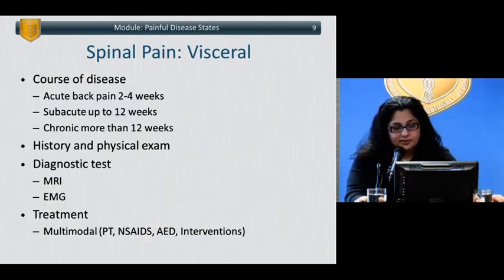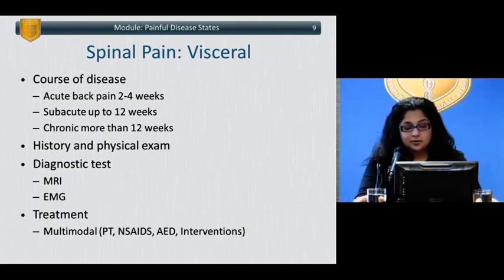We talked earlier about different types of visceral spinal pain, and again, when I refer to that, that means it could be radicular in nature. With low back pain, it's been classified into acute, subacute, or chronic based on timeline. Acute back pain can occur if it lasts anywhere from 2 to 4 weeks. When it lasts up to 12 weeks, it's considered subacute, and when it lasts more than 12 weeks, it's considered chronic. History and physical exam is important to help identify